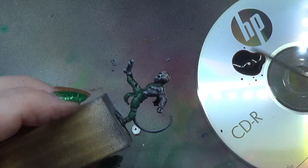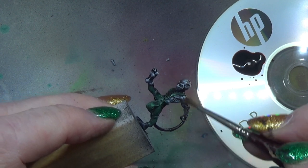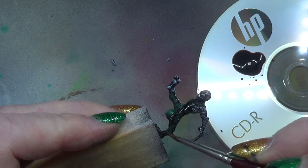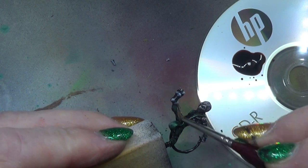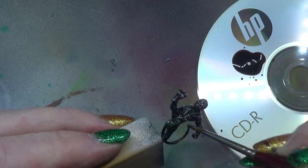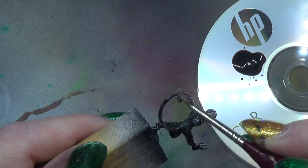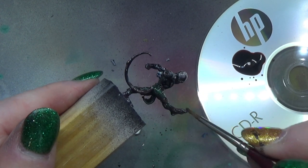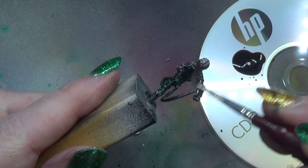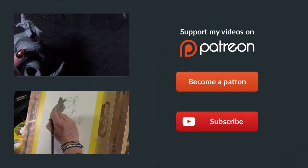But this guy has some little protection, like wrist pauldrons or whatever you want to call them. Not pauldrons, I can't remember what they're called, wrist guards, but he's got something there to protect his wrist from damage. And that is that. So